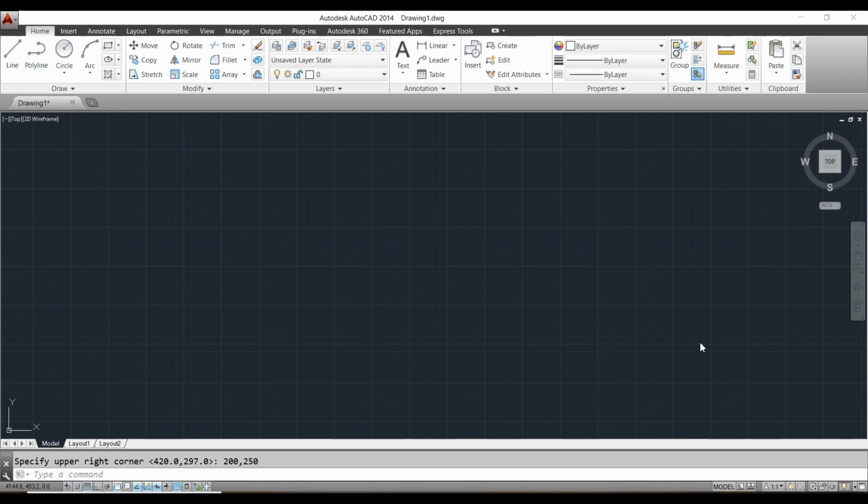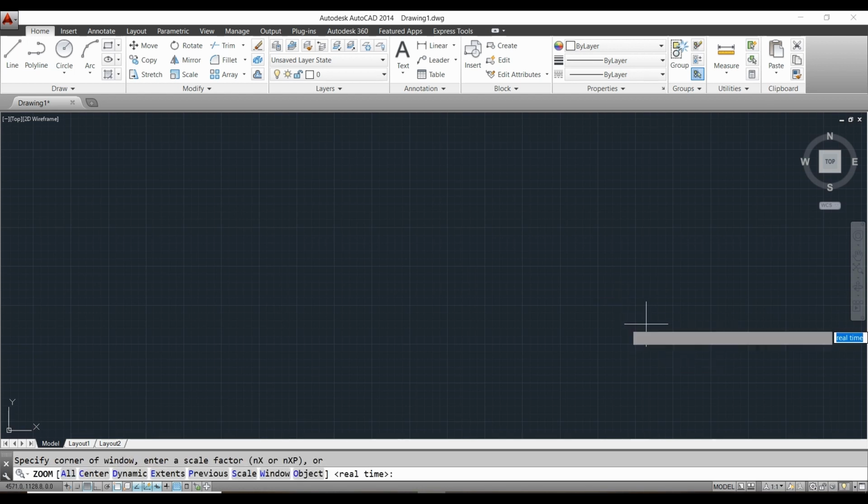Now let's apply these limits to the page. To do that, we have to use the zoom option, which is present here in the toolbar, or simply we can type Z. So here we'll get the zoom option.